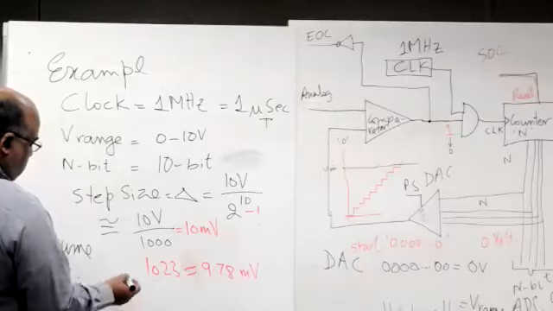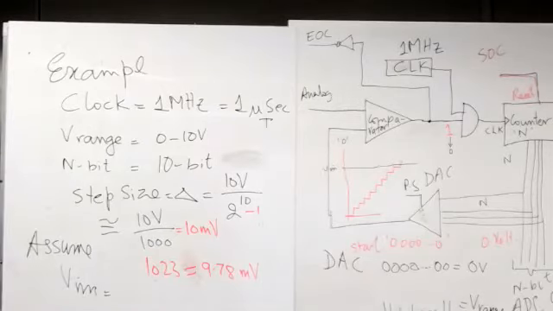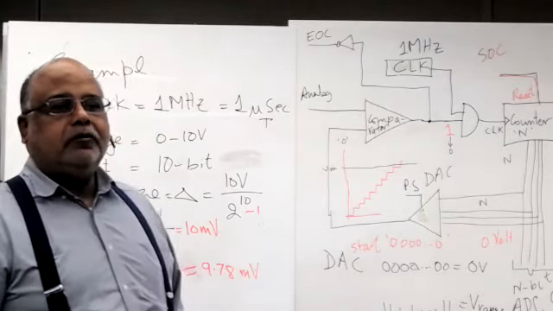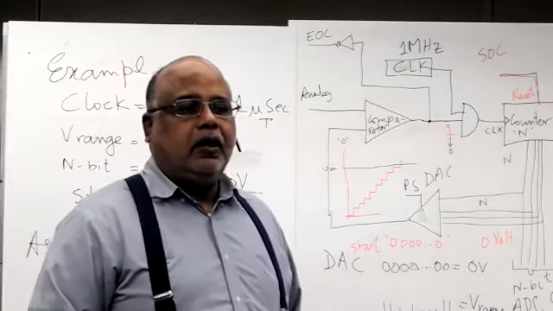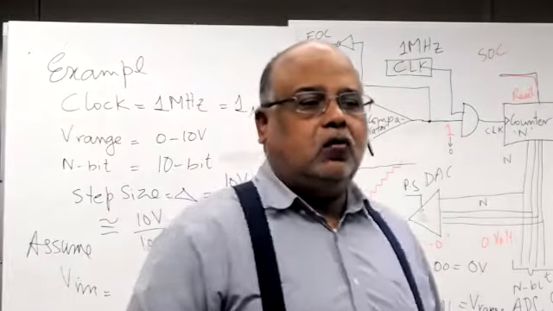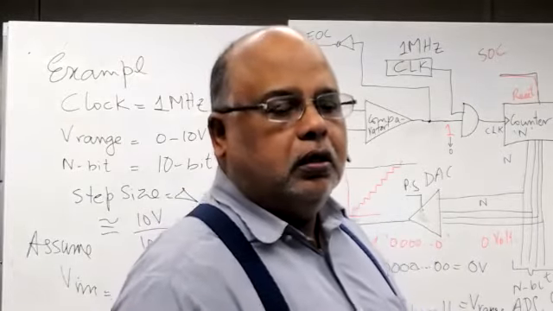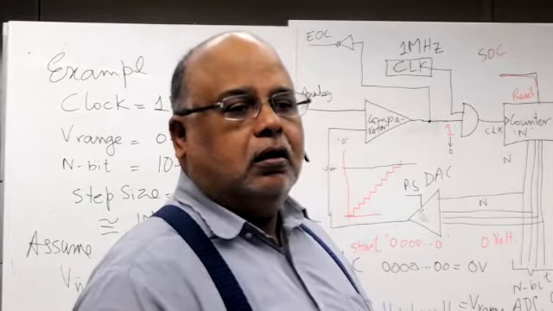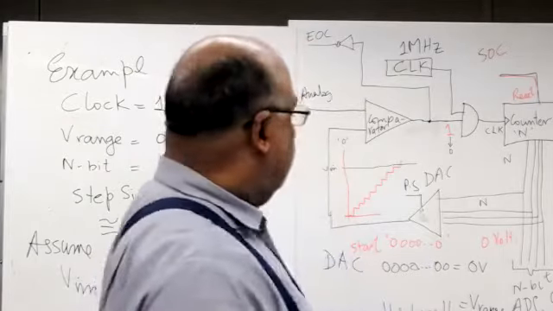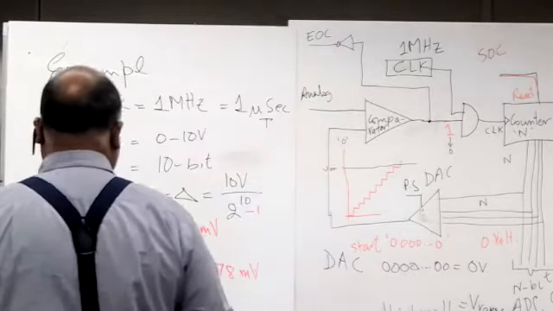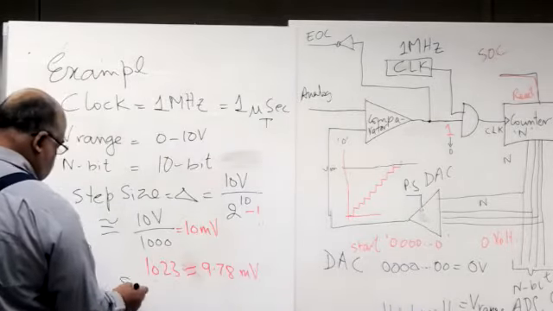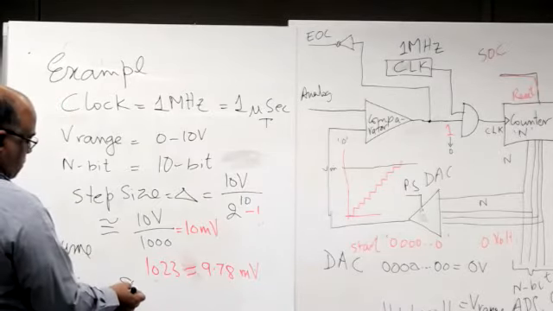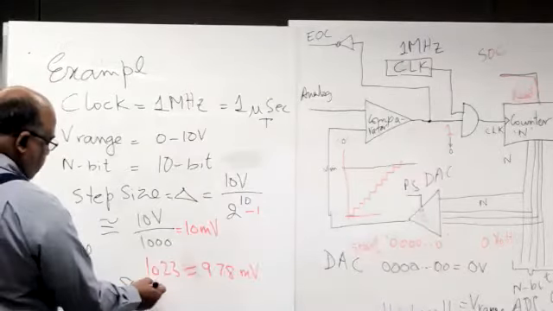So V in is equal to कोई voltage बताएं जो कि हमने convert करनी है। Any voltage we need to convert? It should be less than 10. Sir, 8 volts. 8.0, पूरा 8।